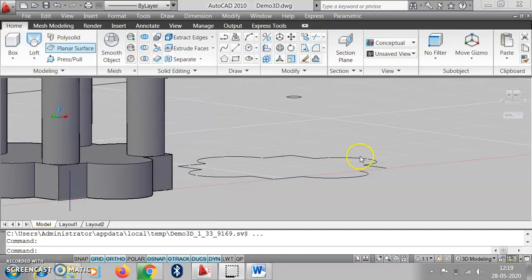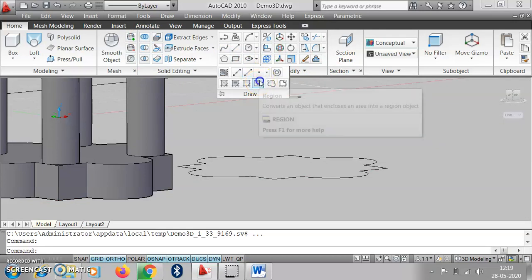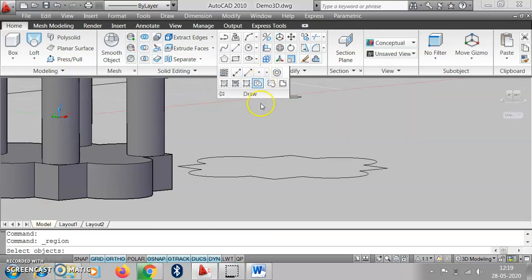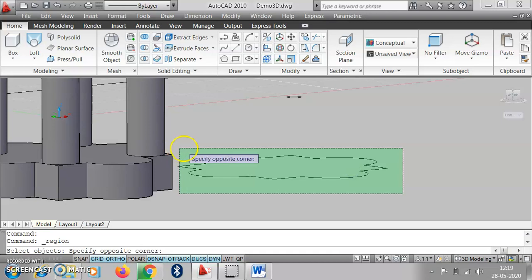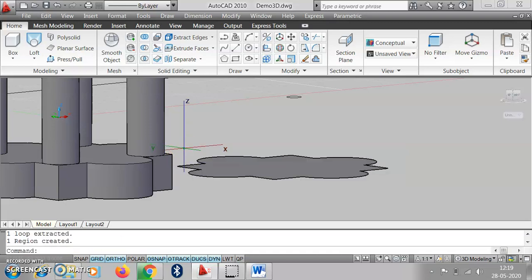Before that, we have to interconnect all these objects using the region command. We can interlink with region or join command. So select objects, we select all these objects, then enter. So this part gets selected as a region.